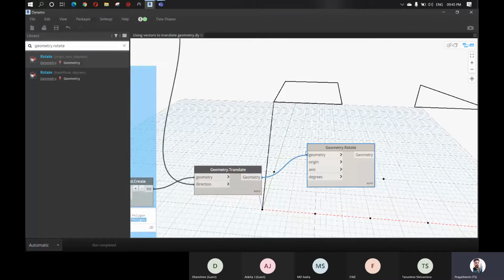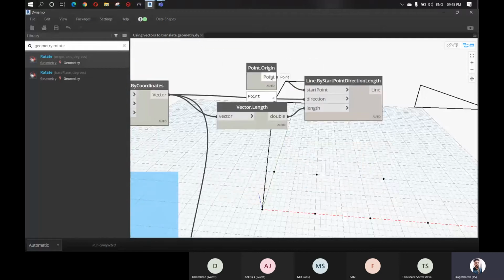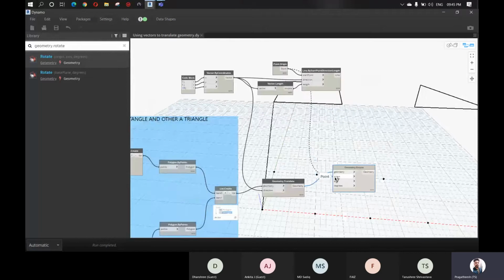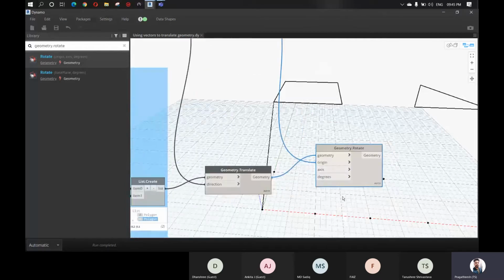And we want the origin point. We have already created a node to extract the point origin, right? So we can use the same node. We don't need to create another one. As I said, our program should be concise, so that we don't need to repeat the same process again and again. Next is the axis. Which axis should it take as a center to rotate?